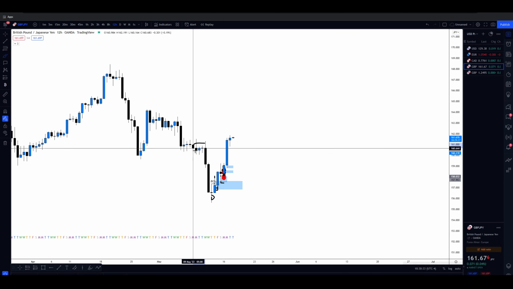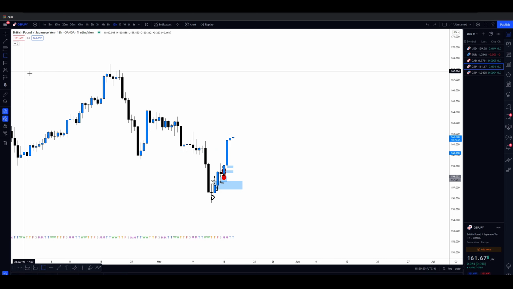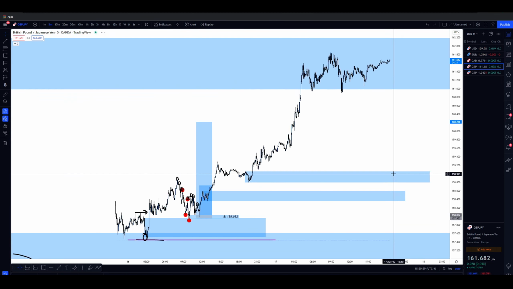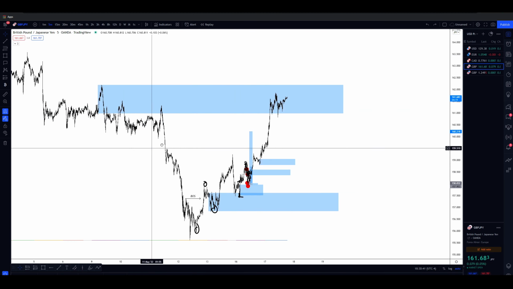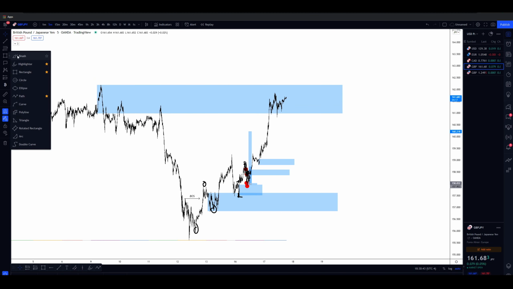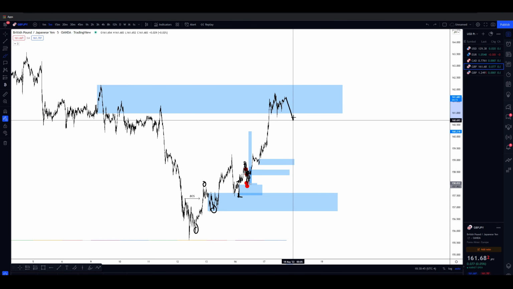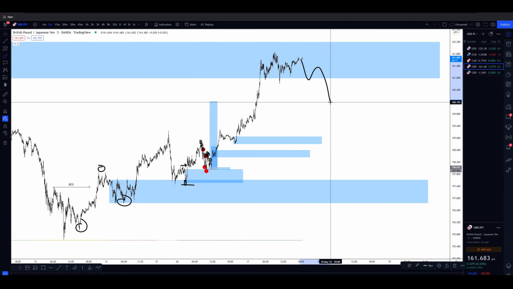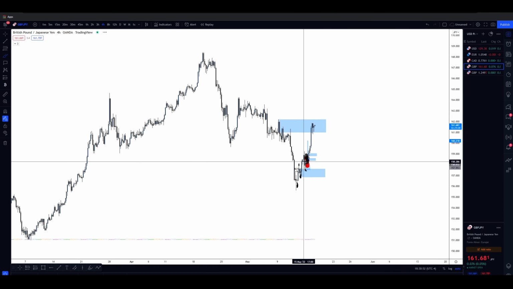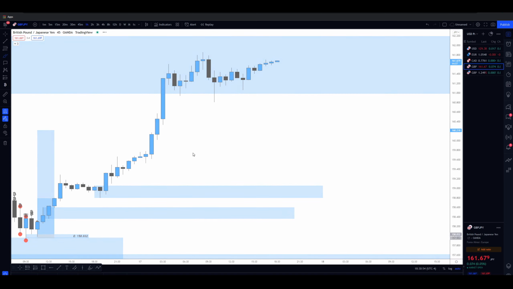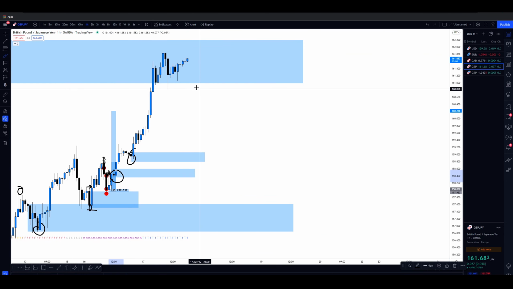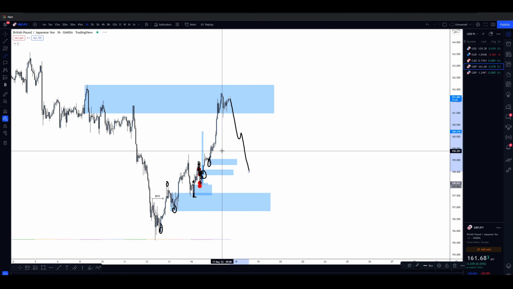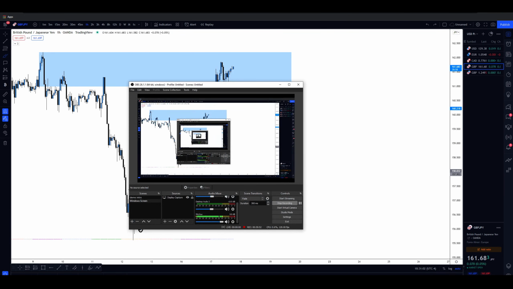So we could see that we had a supply zone over here. The market slowly broke it, but we still have this area that the market is respecting. Correct? So if we fail to hold this area of supply, then the odds are the market is just going to continue to go up. But if structure is slowly shifting, which it is right now, then we can start taking shorts up until our demand zones that we were looking to buy at before. So for example, right over here and right over here, these would be your objective points for the market to go next. But yeah, that's basically how I trade Sundays and Mondays.